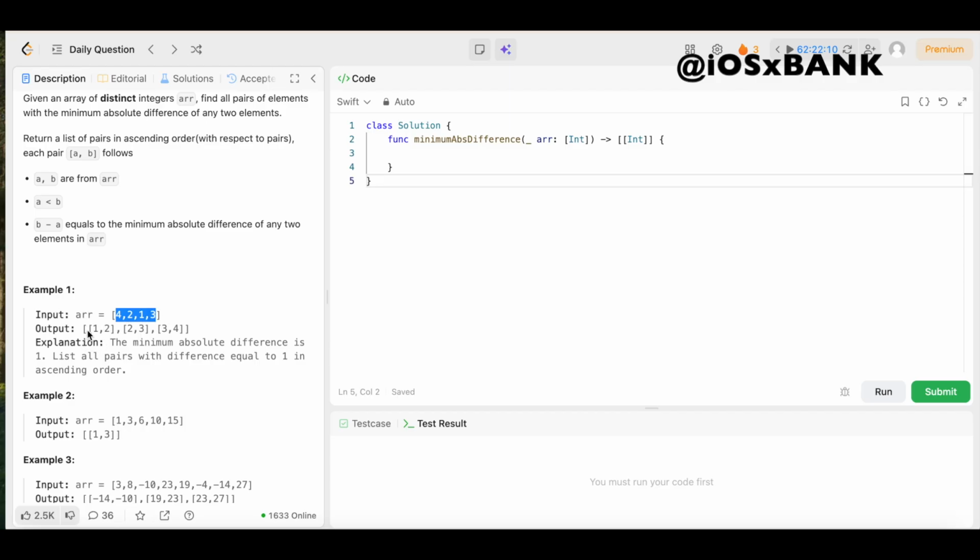So, the output is a 2D array of integers. First array is 1, 2, next array is 2, 3, and the third array is 3, 4. It says the minimum absolute difference is 1. List all pairs with a difference equal to 1 in ascending order. So all they did was look at each pair in this array and try to figure out which two elements we can subtract from each other to get the smallest absolute value,